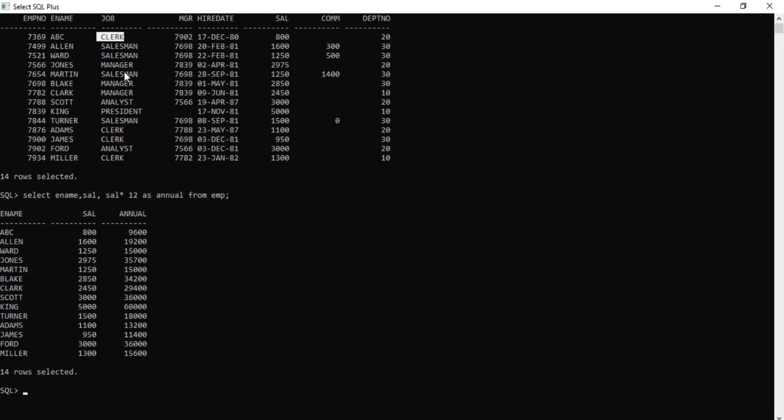Now I want to get employees who are not related to clerk. So, excluding clerk employees, they will ask a query like: can you exclude clerk employees and then display the data?